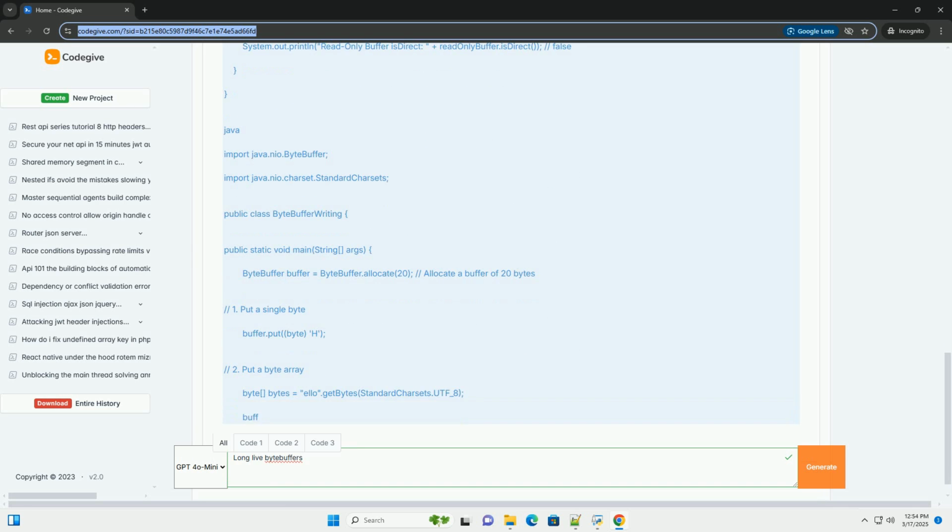4. Writing to byte buffers. You can write data to a byte buffer using various put methods. Key put methods: put(byte b) writes a single byte to the current position. put(byte[] src) writes the entire contents of the source byte array to the buffer starting at the current position. put(byte[] src, int offset, int length) writes a portion of the source byte array to the buffer, starting at